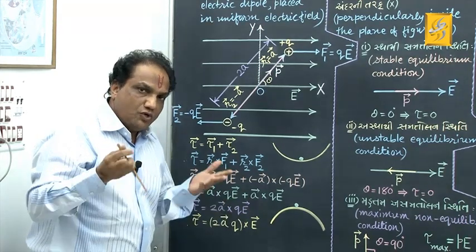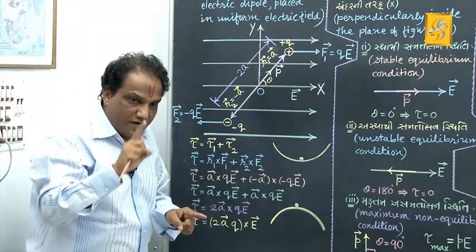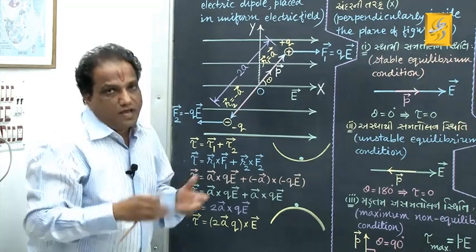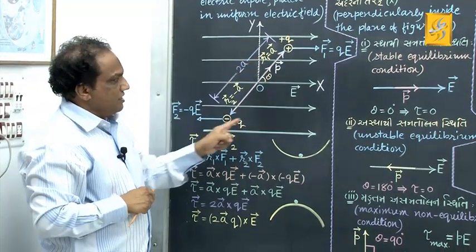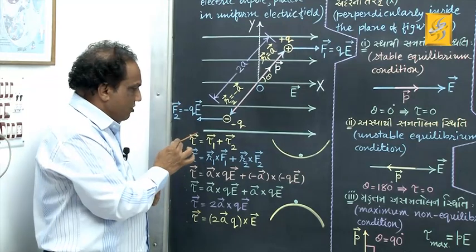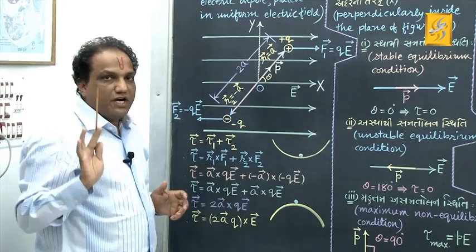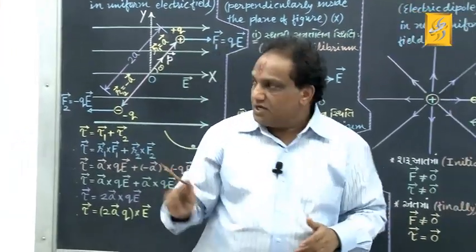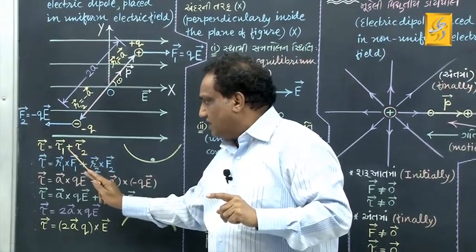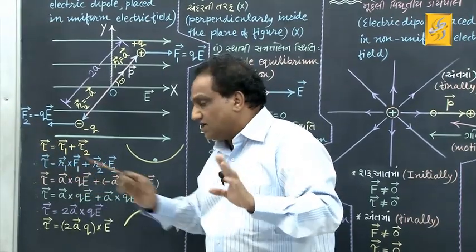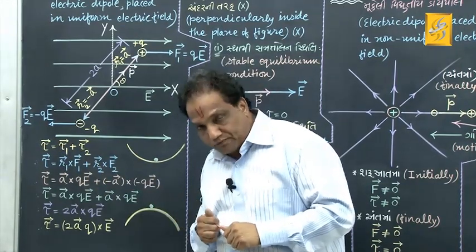And when you have two forces equal in magnitude, opposite in direction, which are not collinear, definitely they will produce some torque, and that torque we have to find out. Okay, let us find out. The resultant torque exerted on the entire dipole, I am taking by the symbol vector tau. And remember one more thing, as many forces, that many torques. Here there are two forces, so there must be two torques, and if I make the vector addition of those two torques, I must get the resultant torque, correct. So vector tau equals vector tau 1 plus vector tau 2,